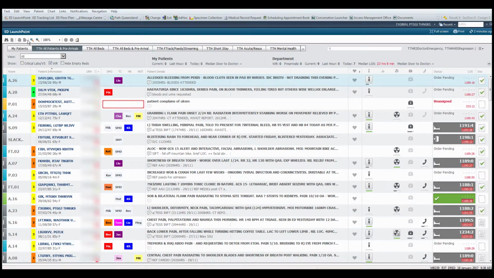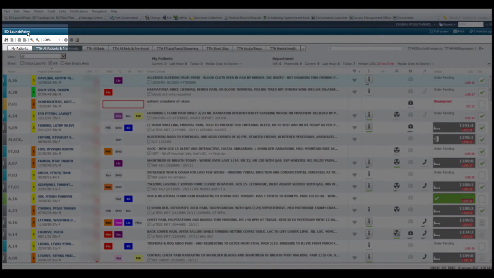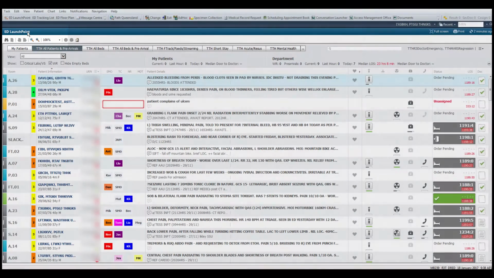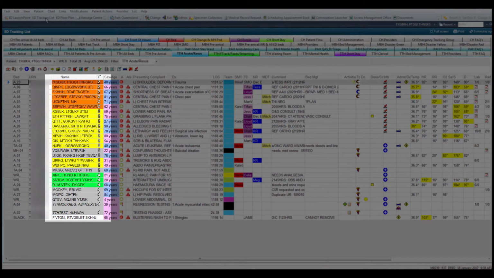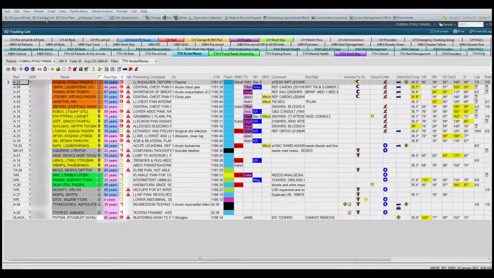The default starting screen after logging in to FirstNet is the EDIE launch point. Ignore this. Open the EDIE tracking list by clicking on the toolbar. Using the tracking screen: the tracking screen shows the list of patients in the department, their demographics,